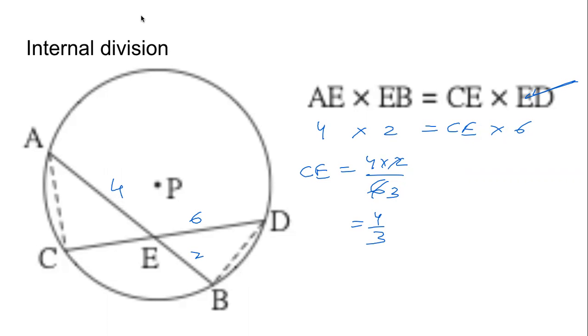Very easy. Because we are multiplying the different parts of the segments, we took the two parts of the first chord, AE and EB, and we are multiplying them, and then we are taking the other two parts of the other chord, CE and ED, and multiplying them. We can also say that AE into EB is the area of the rectangle formed by them. मतलब क्या हुआ इसका?